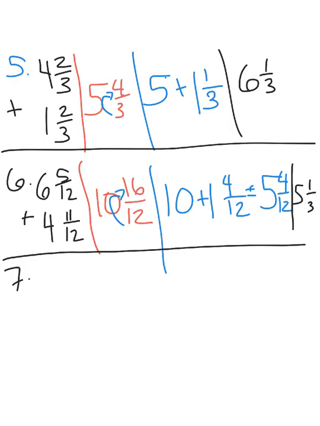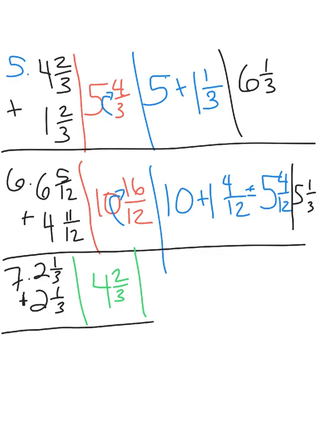So 7, we have 2 and 1/3 plus 2 and 1/3. If we add these up, 2 plus 2 is 4 and 2/3. And you can just leave it just like that. And number 8. So number 8, 8 and 9/12